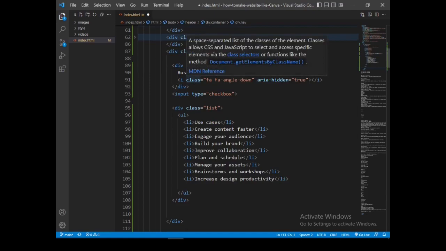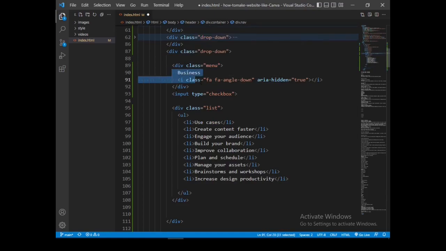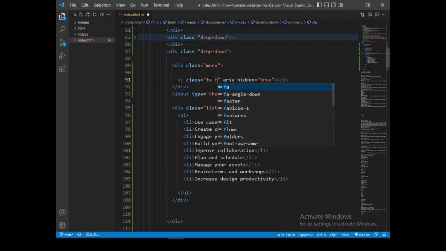We don't have the heading there. We only have the dots. So for the dots, I'm just going to change this using Font Awesome ellipsis. This is for the dots.